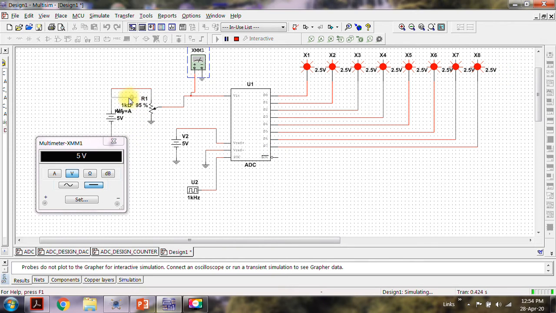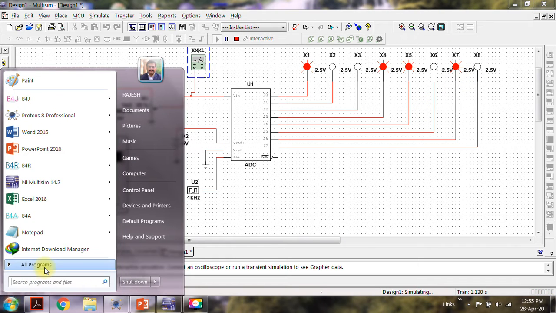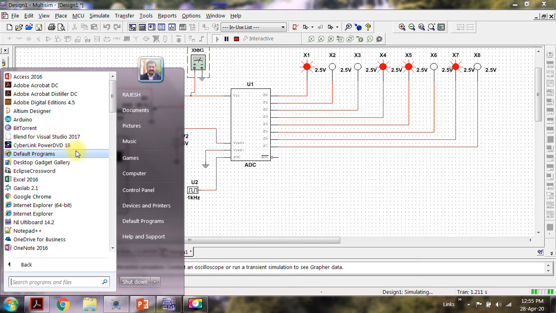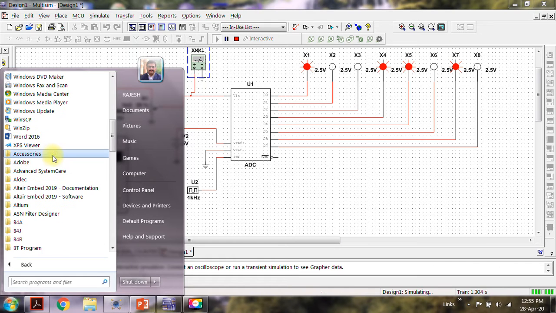And as I go on decreasing this, you can actually find out the corresponding code and calculate it over here. For example, if I have 2 volts, so my code is 01. Let us calculate it and see whether it really corresponds to the voltage.